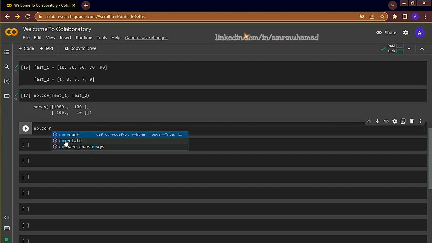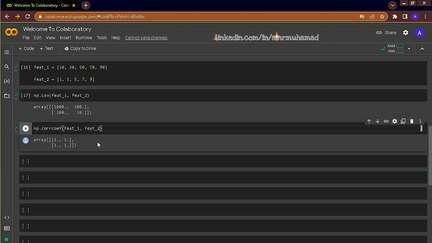We can use NumPy. The correlation coefficient is 1. Correlation coefficient ranges between -1 and 1. -1 means that the relationship is inversely proportionate, which means that as one variable increases, the other decreases, and positive is the other way around. -1 and +1 are the maximum values of the correlation coefficient. So if we have -1, it's a perfectly negative relationship, and if it's 1, it's a perfectly positive relationship.